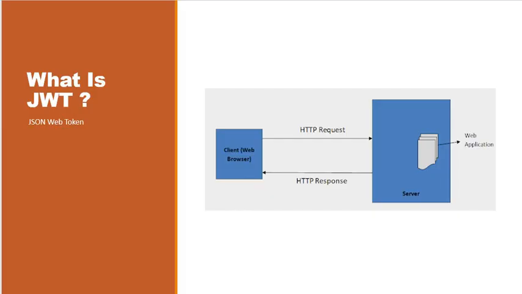JWT stands for JSON Web Token, and this is a secure way to communicate between the client and server. We can securely transfer the information over the web, and it can be used for an authentication system and can also be used for information exchange. And this token is mainly composed of three parameters, that is header, payload and signature. And JWT completely follows a stateless authentication mechanism. It means the state will never be saved in server memory or in cookies.